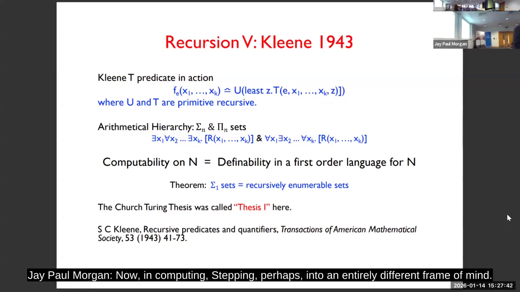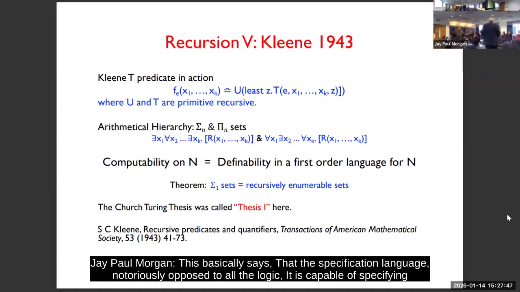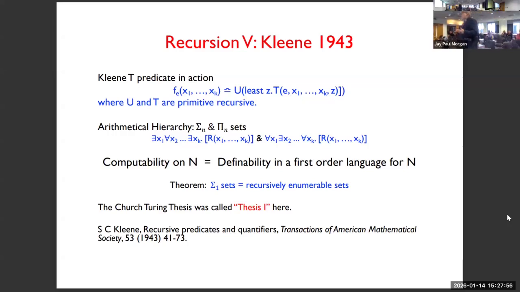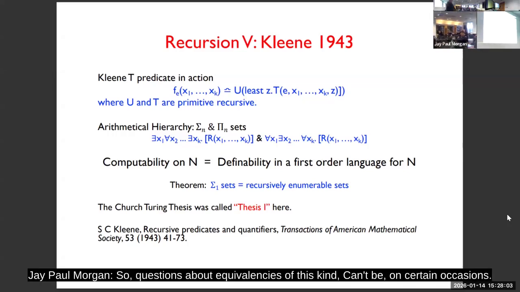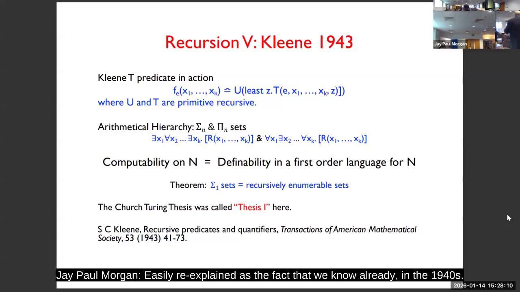Now, in computing, stepping perhaps into an entirely different frame of mind, this basically says that a specification language, notoriously first of all logic, is capable of specifying computational, operationally computational objects. So questions about equivalences of this kind can be, on certain occasions, easily re-explained as the